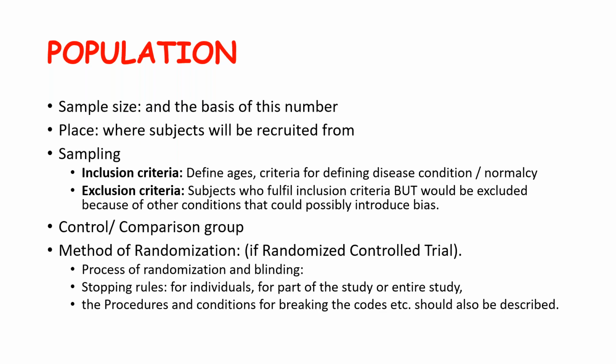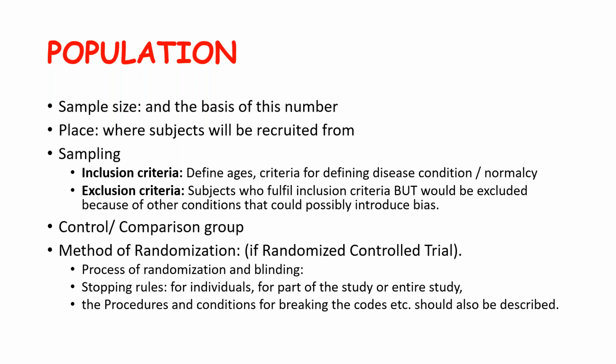So in that case, that will introduce a bias between the patients who are on metformin and who are not on metformin. So you have to decide whether you want to include all patients, and then again make a subgroup of patients with or without metformin. So it is better to avoid someone who is on medication. You have to decide which medications will affect the outcome of your study. So those can be an exclusion criteria.